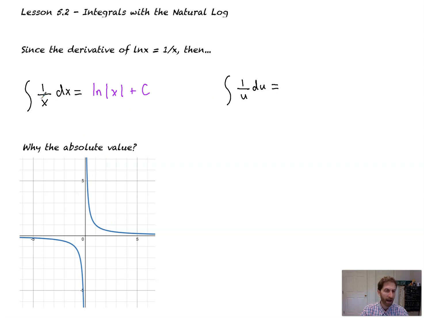Remember that 1 over x, the function itself, is continuous for all real numbers except x equals 0. We've got a vertical asymptote there. So let's say we wanted to find the area here. Well, we'd need the absolute value bars there, or else we couldn't find the area, because in the fundamental theorem of calculus, we'd be plugging in like -5, and let's say we're going to like 1. You can't take -5 to -1 in ln, because you'd be taking the ln of a negative number, which doesn't exist. So what we do is we take the absolute value, and ln looks like this,